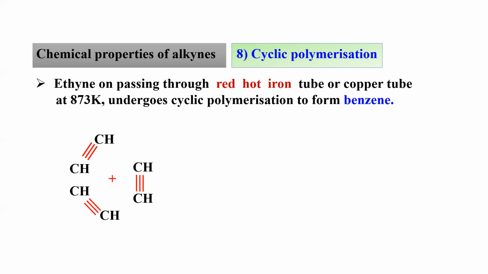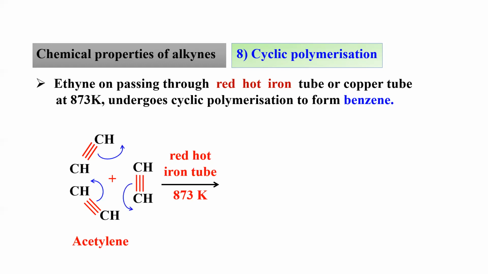The reason why we have put it like that is just to make you understand how the final product looks. Clear? So what happens here? Acetylene, 3 moles of acetylene, when it is passed through a red hot iron tube at 873 K, bonds will break and shift like this. Thereby a carbon-carbon single bond is formed between the carbon atoms involved in the shift to give us what? To give us benzene.